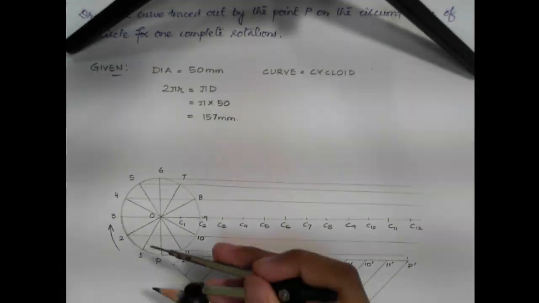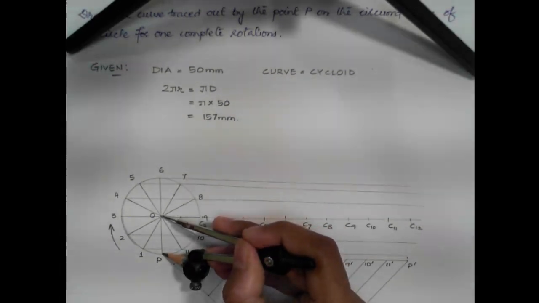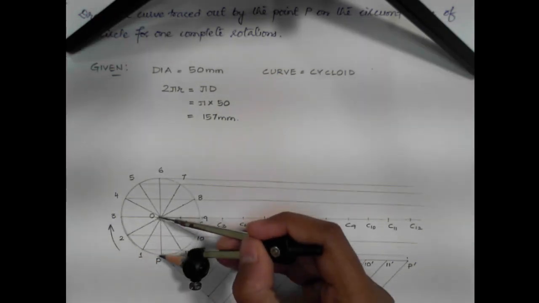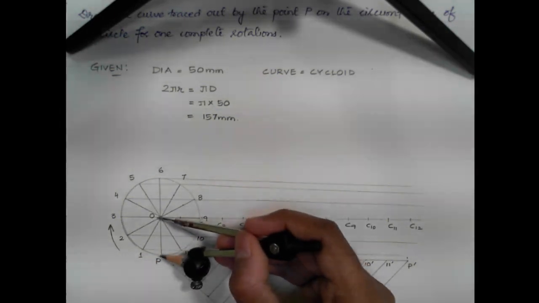Now this step is very important. How to draw the points through which the curve shall go. The curve we are drawing is the cycloid. Now let us understand that. This step is very important. Right now what we have to do is we will be taking the distance that is nothing but 25 mm, which is the radius, the distance of point P from center O, that is OP. Now this distance when you take, this is the distance.